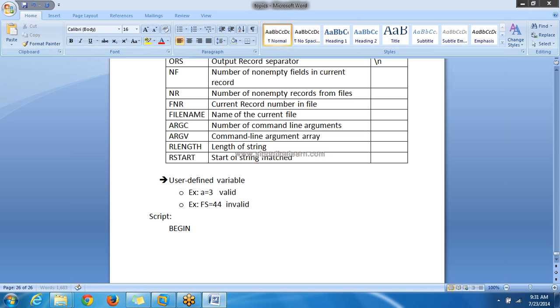So here BEGIN, you can do some begin actions. And next one is, let me write it in this way.